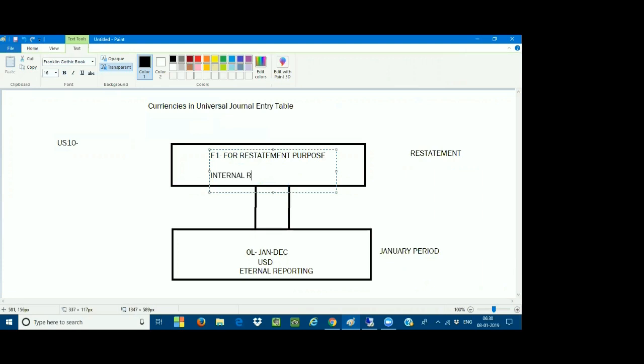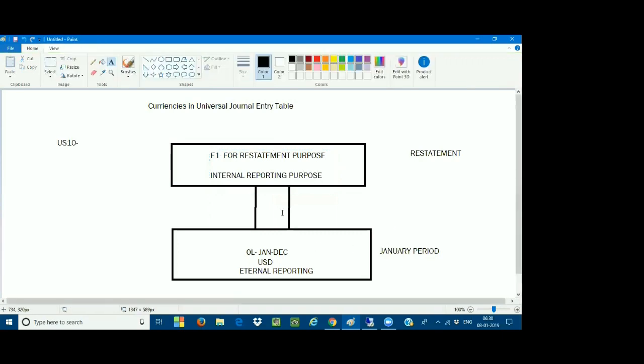What kind of data goes into the restatement? I'll tell you. For internal reporting purposes, I am stapling this extension ledger on top of your leading ledger. Whatever day-to-day transactions you post to the leading ledger are automatically inherited by the extension ledger. Very, very important: the day-to-day transactions you post to the leading ledger get inherited by the extension ledger with the same currency. There is no deviation in the currency.